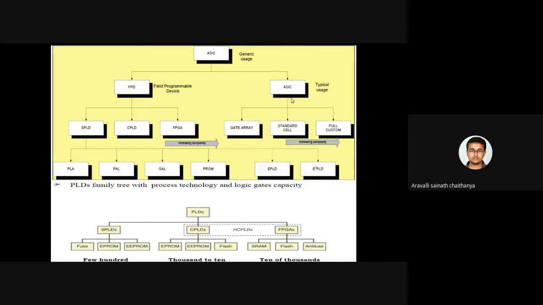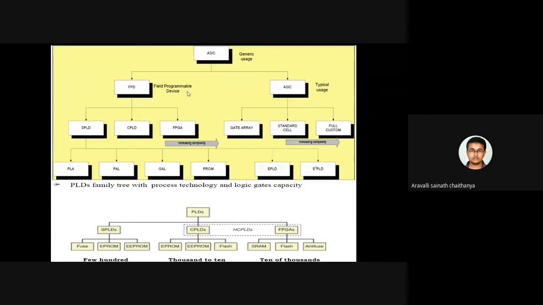Like the chip we find in your microwave oven, ATM card, walkie-talkies, doorbells, or washing machines. All these chips are doing a specific application. That is why it is an ASIC chip.